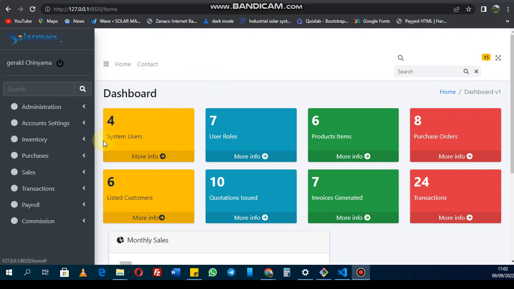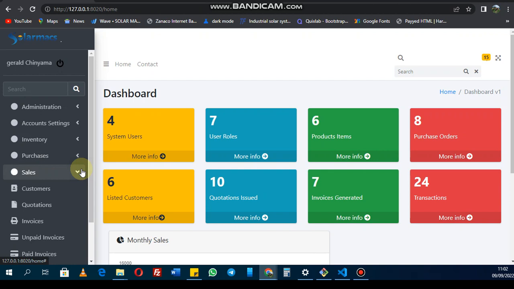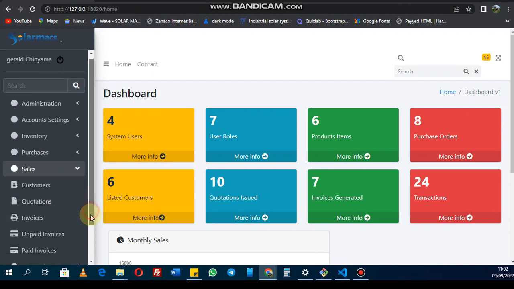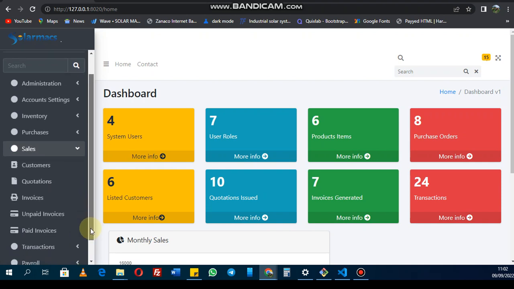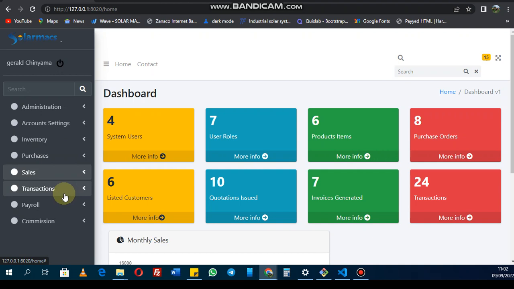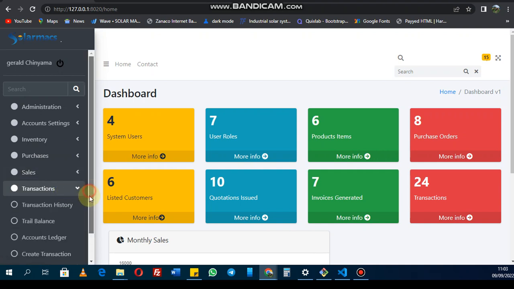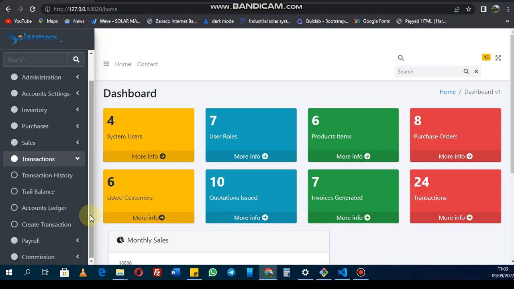Last time we looked at sales, where we looked at customers, quotations, invoices, paid invoices, and unpaid invoices. Now we'll be looking at transactions. Under transactions, we have different items. The first one is the transaction history,